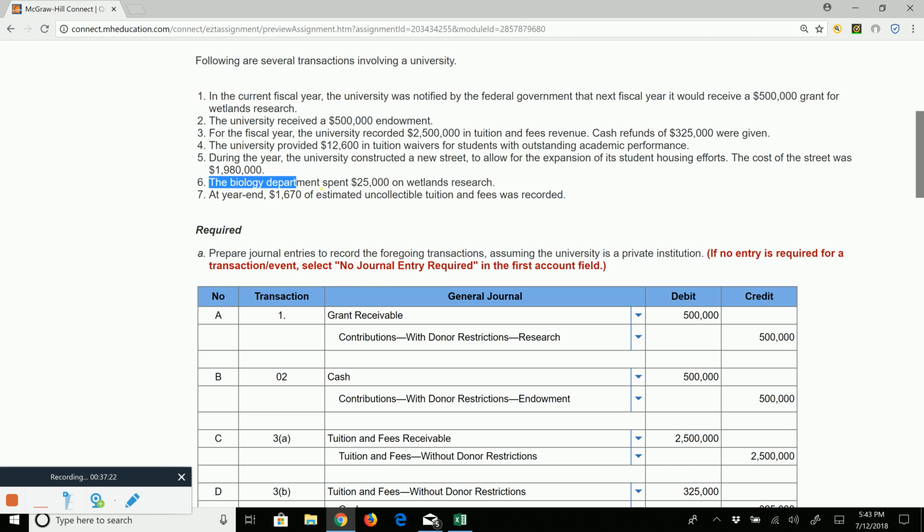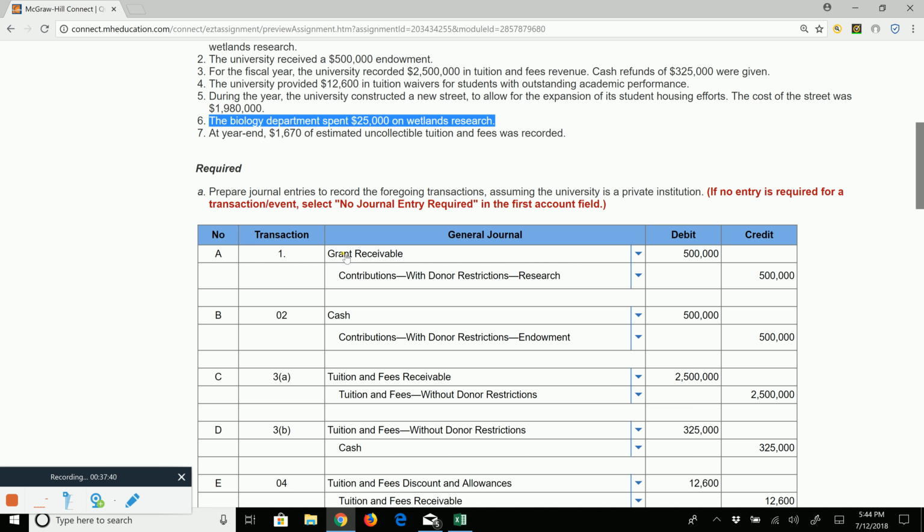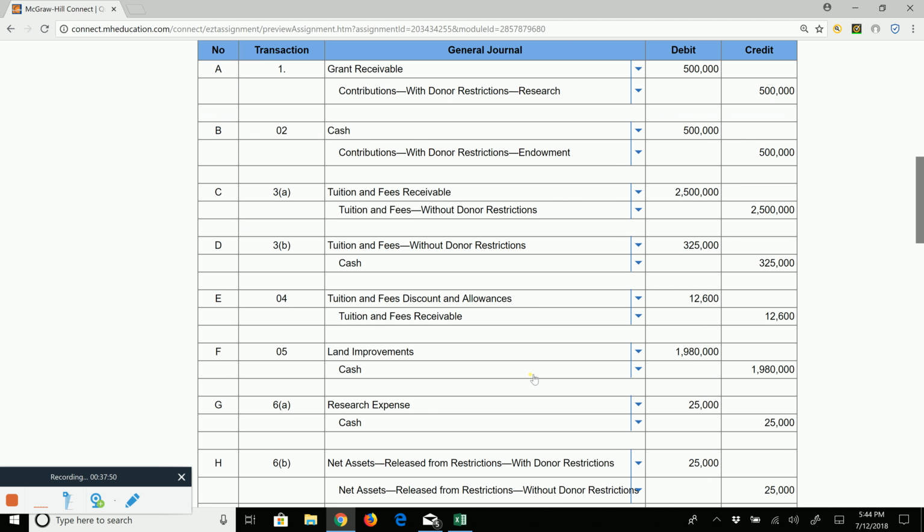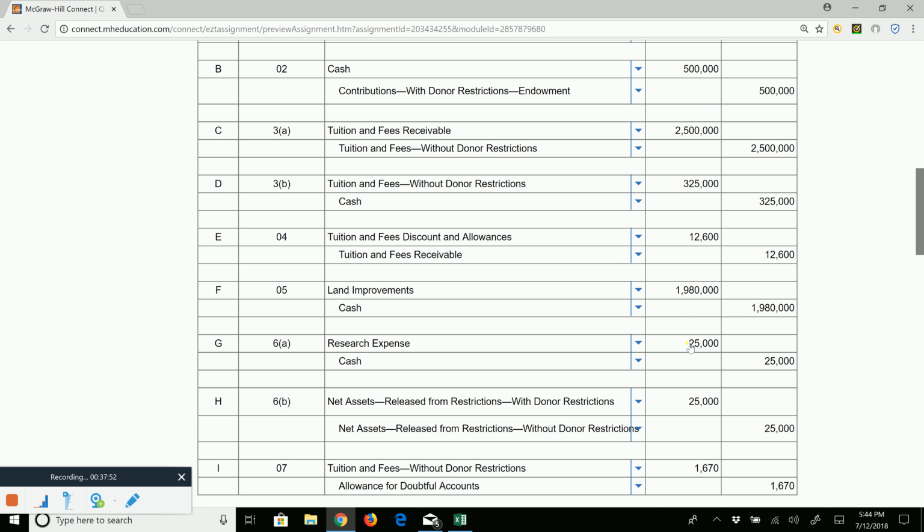Number 6, the biology department spent $25,000 on, there it is again, wetlands research. Do you remember up in number 1 that the government was going to give us a grant if we did wetlands research? So number 6, we finally spent money on wetlands research. So remember, with the private university, we already recorded the $500,000 as a receivable, all right, and a contribution with a restriction. So what we have here is we're going to debit the research expense, credit cash, and now that